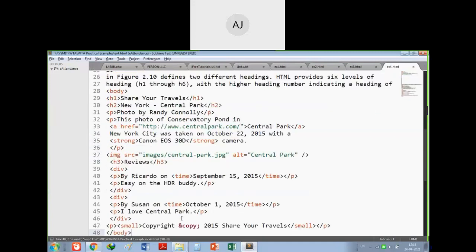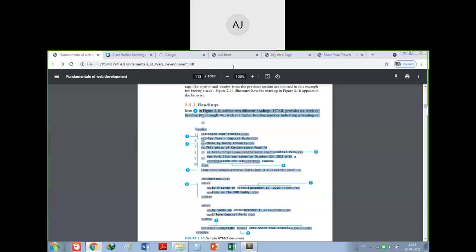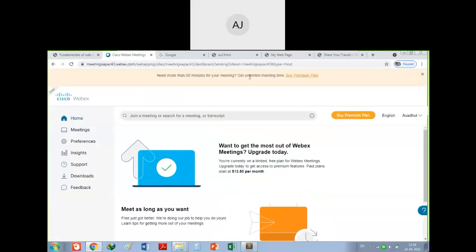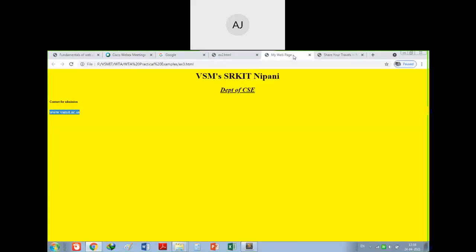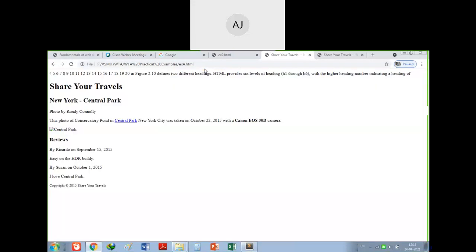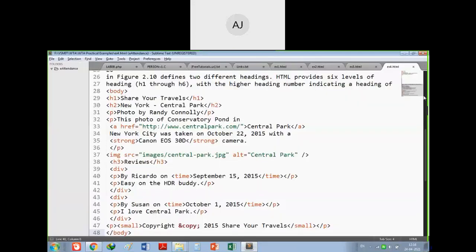Save and run. See guys, if I save this and refresh here, what is this, example 4, I guess. Yes, you have got this. See here, something is missing; we have to check it.